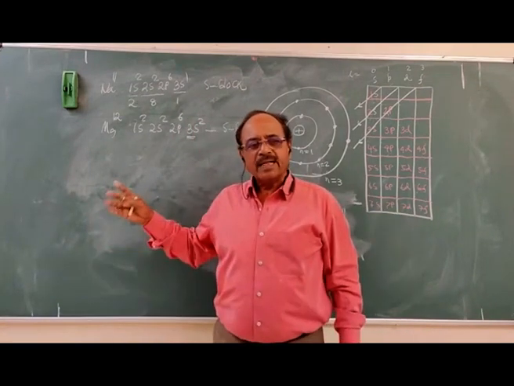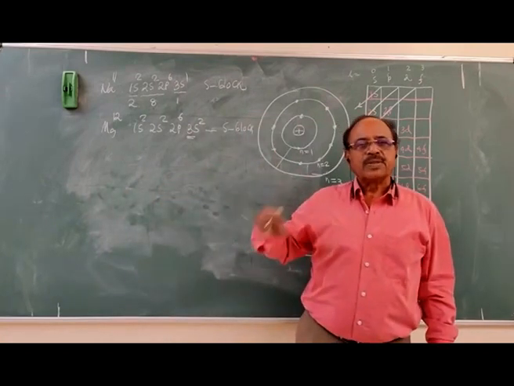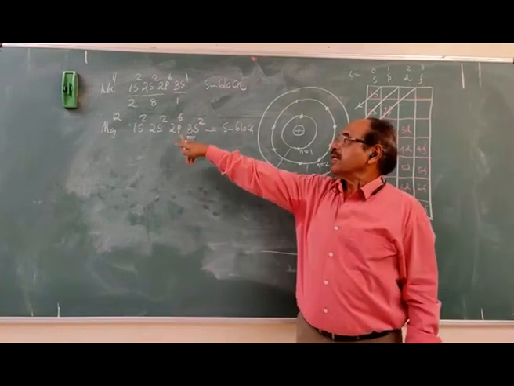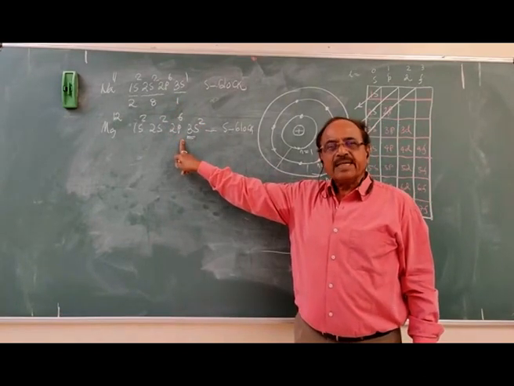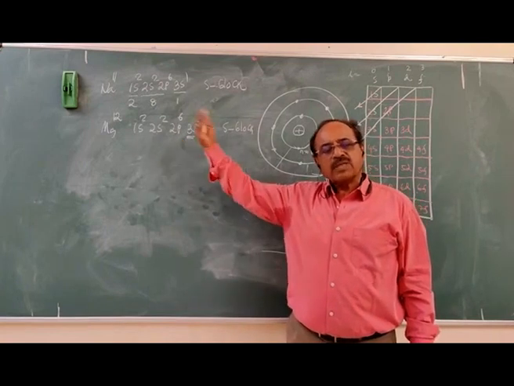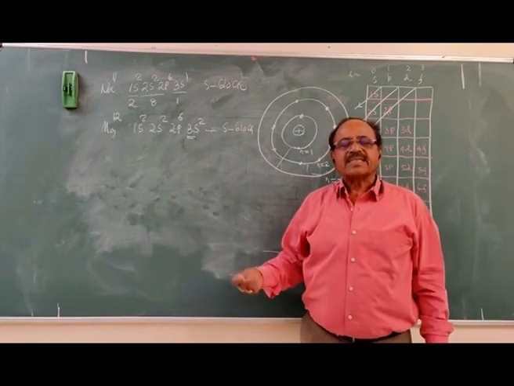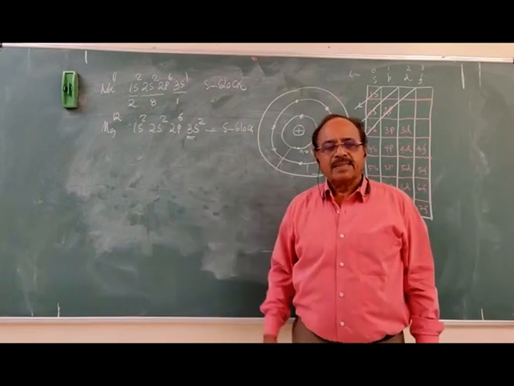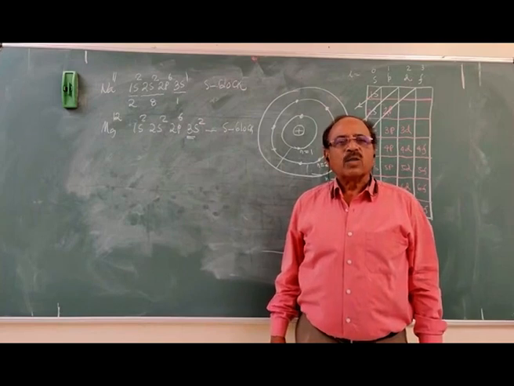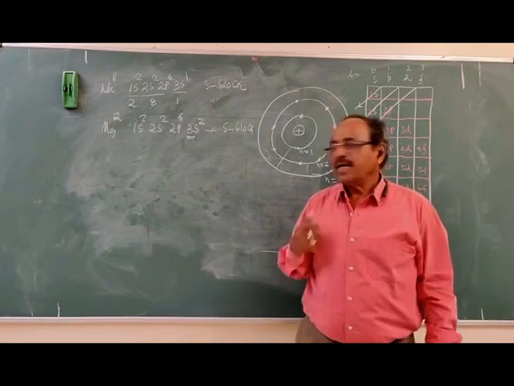So what is it here? Now electrons are filled up to the next higher and higher shell. Right from hydrogen till magnesium, you are seeing that with the increase of atomic number, the electrons are filled up to the next higher and higher orbital. Hence all these elements are called normal elements.